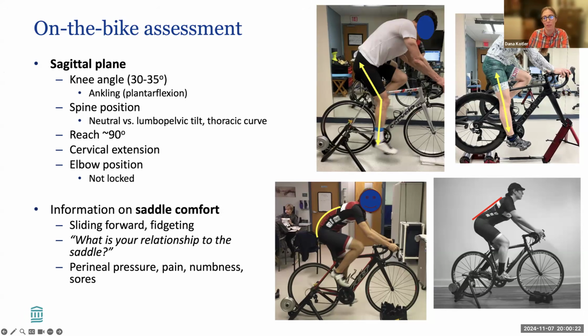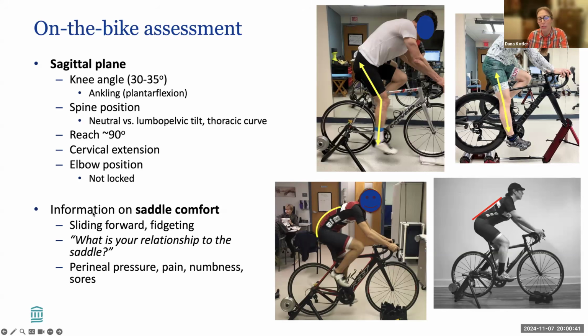You can also look at their spine position. So are they kind of round through their lower back or are they more kind of neutral? Like this person had a restricted hip and was really tucking his pelvis under, and that was causing his back to round quite a lot because he had this hip problem. Again, looking at that reach, looking at what the neck is doing, looking at the elbows being slightly soft.